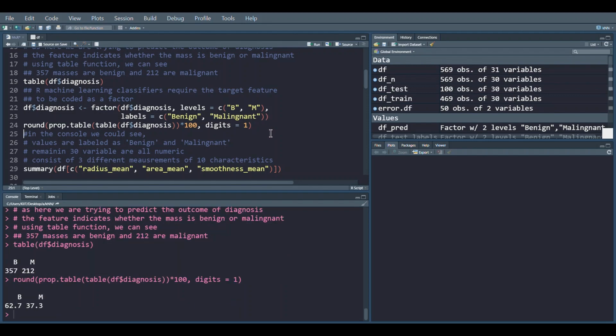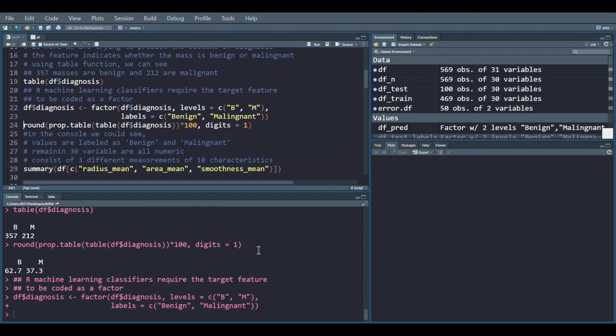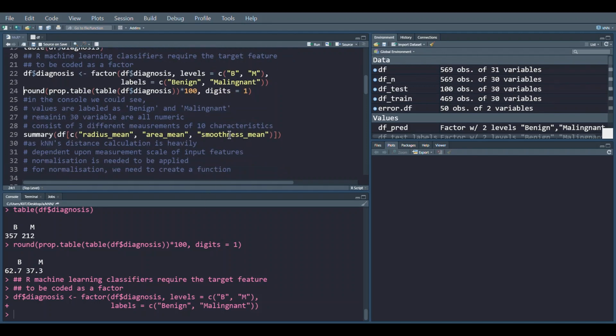Let me first run the command. Along with that, we also try to find out the percentage. Here we can see 62% have benign and only 37% have malignant. Let me run this command also. So now they have been coded as benign or malignant.